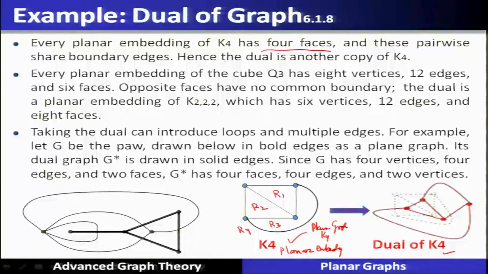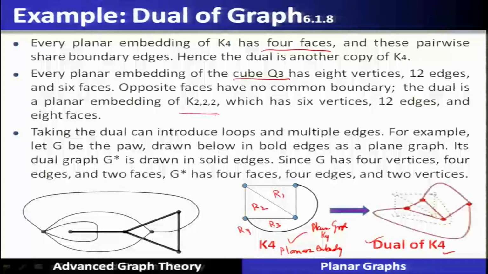and for these boundaries, that means which are bounded by an edge in G, there will also be an edge which will connect those vertices. So, that is shown over here, the dual graph. So, every planar embedding of a cube similarly, the cube has 8 vertices, 12 edges and 6 faces. The opposite faces have no common boundary. So, the dual of this cube is a planar embedding of